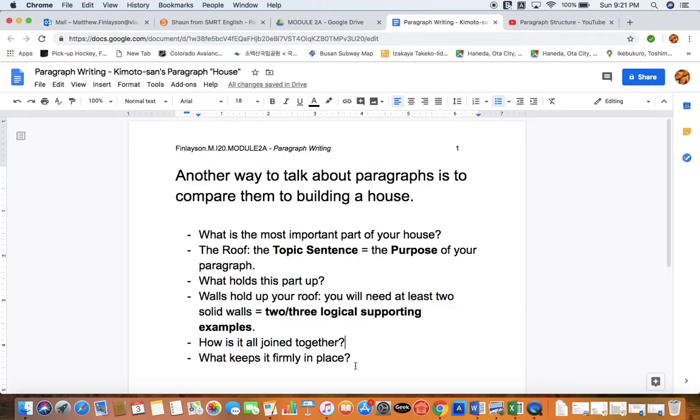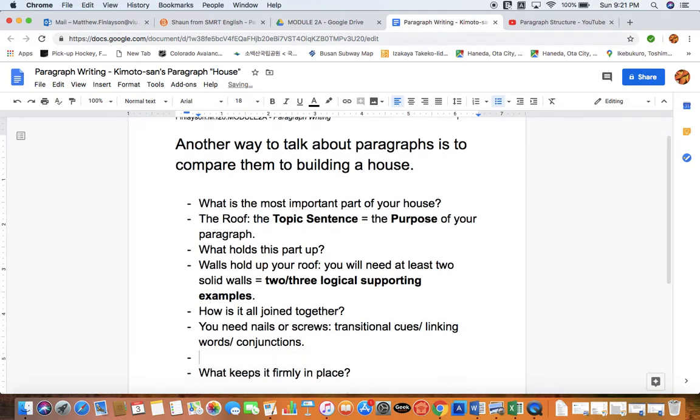Okay, so then the next kind of thing that we could use to talk about this metaphor is when we're building a house, how do we make everything kind of stick together? So the answer here would be you need nails or screws, what carpenters call fasteners, to join everything together. So in terms of writing, these would be our transitional cues, or we could call them linking words. Or if you want to get down to the grammar term, we're talking about conjunctions here. Okay, so some examples,